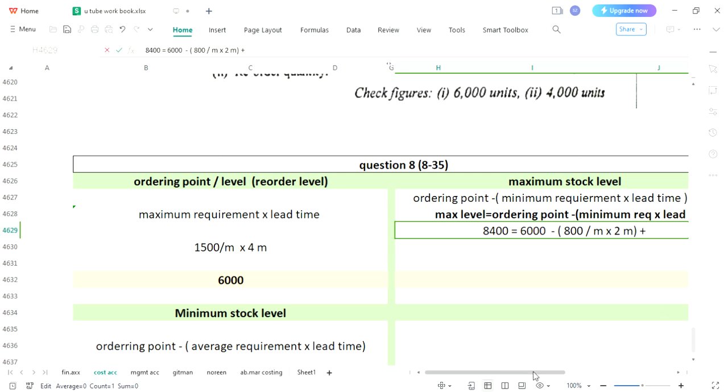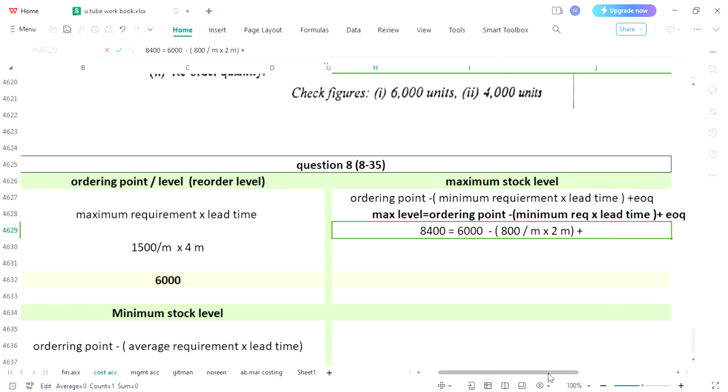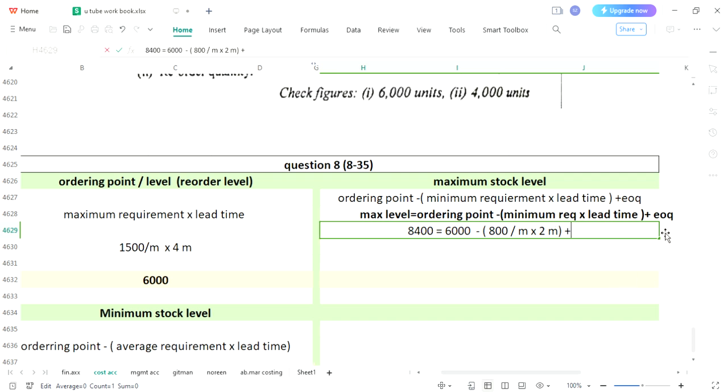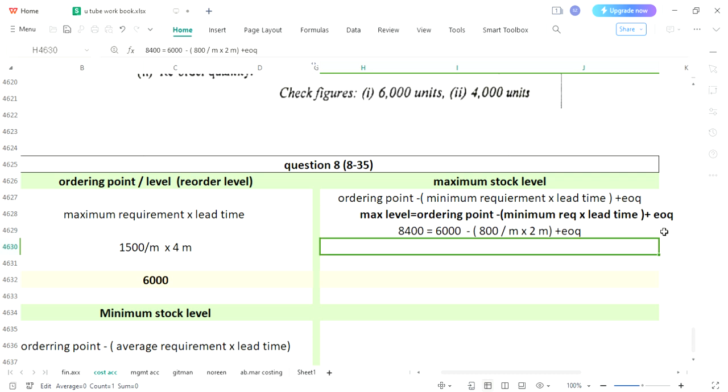We have a sign of add, and then we have economic order quantity. Since it is unknown, we will write economic order quantity as it is. So now what is next? Look, it's a simple thing to do. It's not cost accounting or a university class. Just consider yourself a 7th or 8th class student, and we are just arranging these amounts. Economic order quantity we will leave on the right side of the equal sign, and everything else we are taking to the opposite side. At the opposite side 8400 is already present,